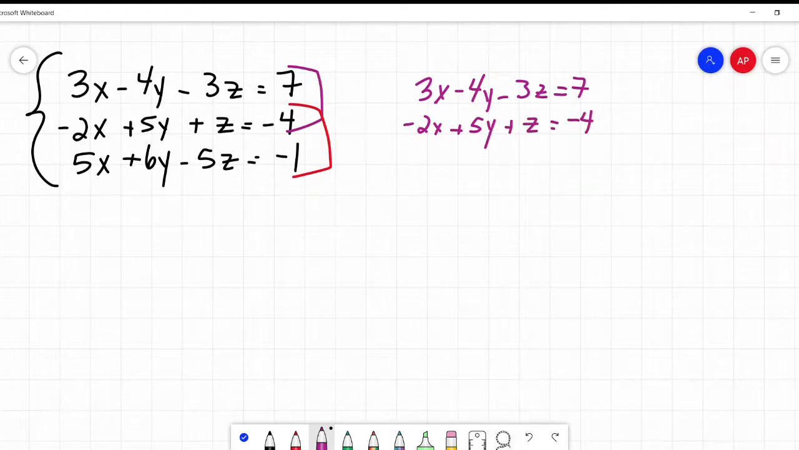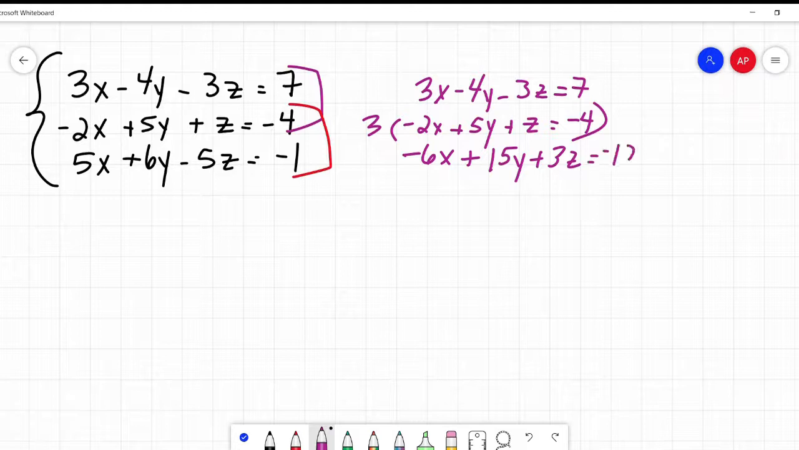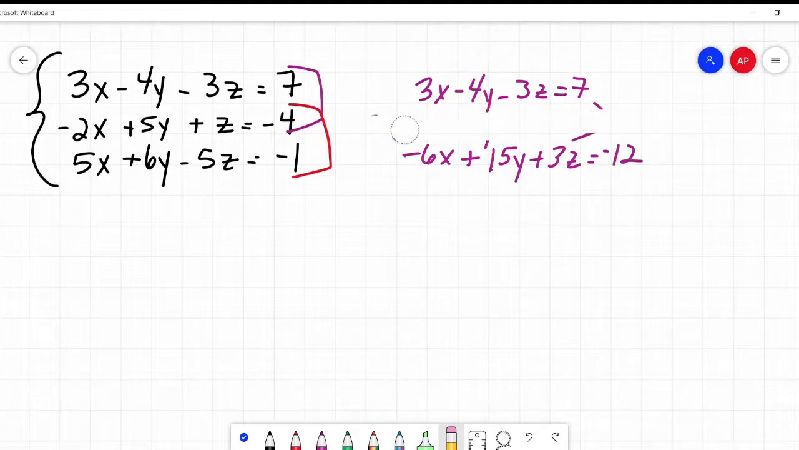To get these two to cancel out, I have a negative 3z. This needs to be a positive 3z. So to do that, I have to multiply this whole thing by 3. So that's going to be negative 6x plus 15y plus 3z equals negative 12. Okay, I just multiplied everything by 3. I'm going to erase that. So now I have my two